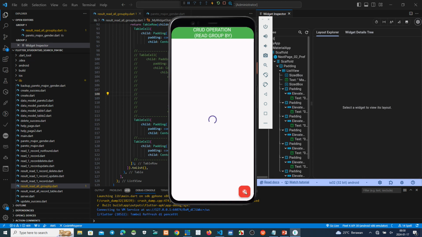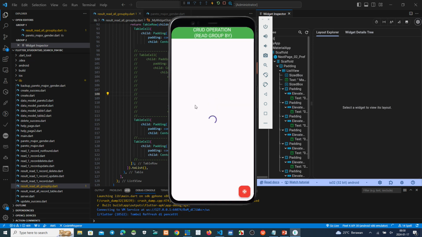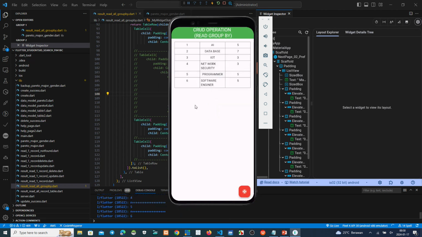Okay, maybe we check once again, click here. Okay, this is the table, this is the parameter, this is the quantity.